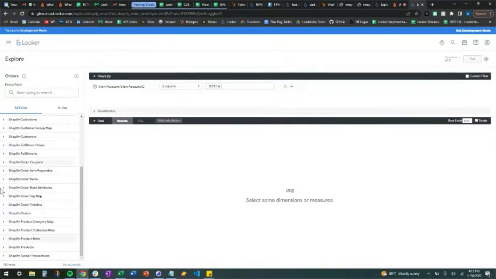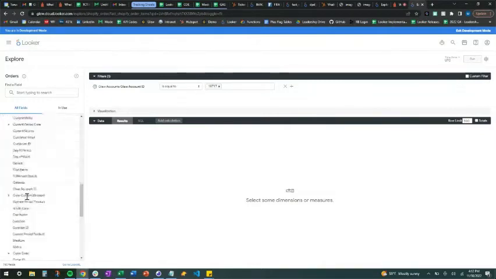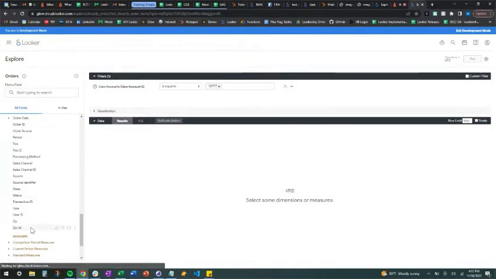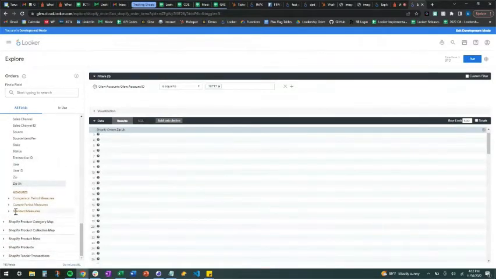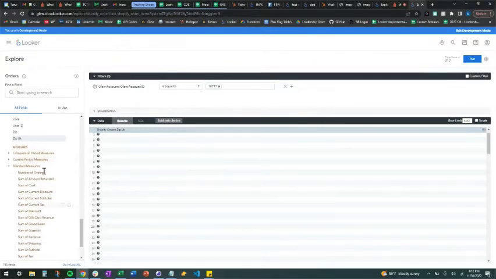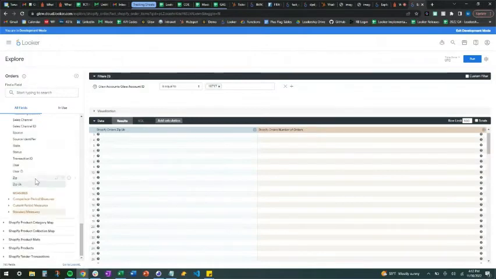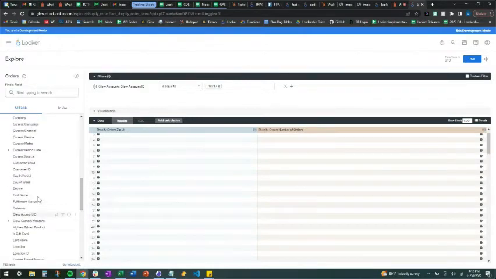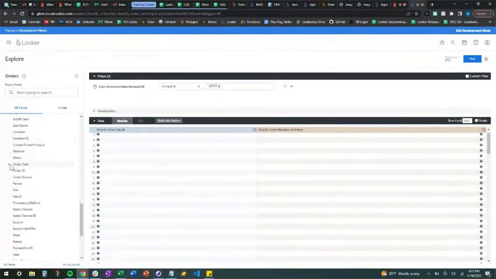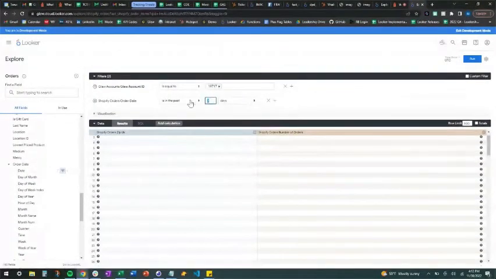So if we go to our orders table here and scroll down, we can actually select now the UK zip code. And for the sake of this, we'll just do number of orders just so we can see a measure. And then let's put a date filter on here just so this runs pretty quickly. We'll just look at the last 14 days. So if we go ahead and hit run,